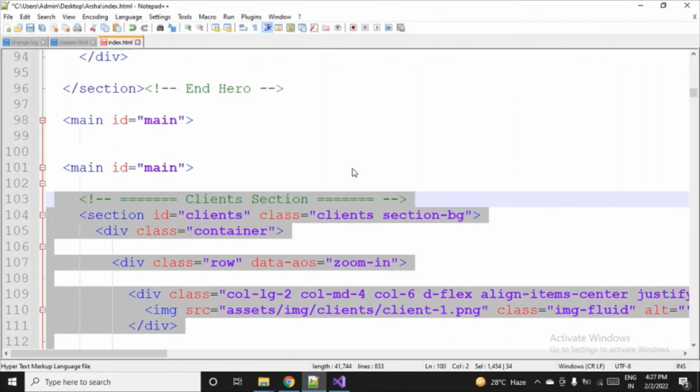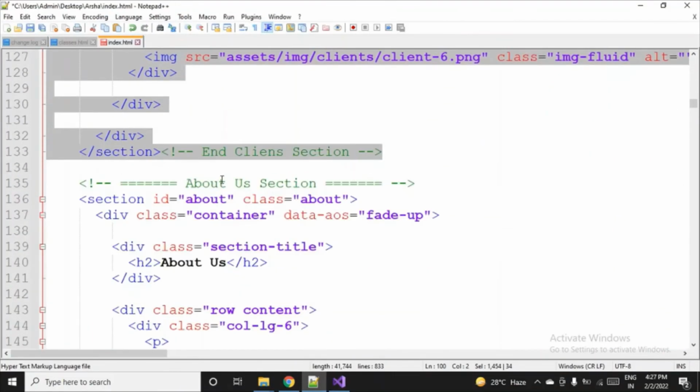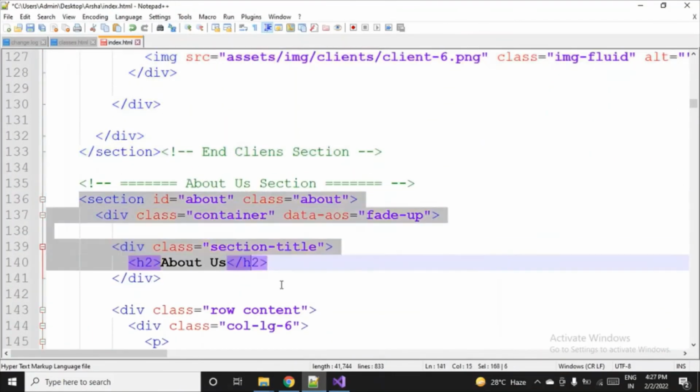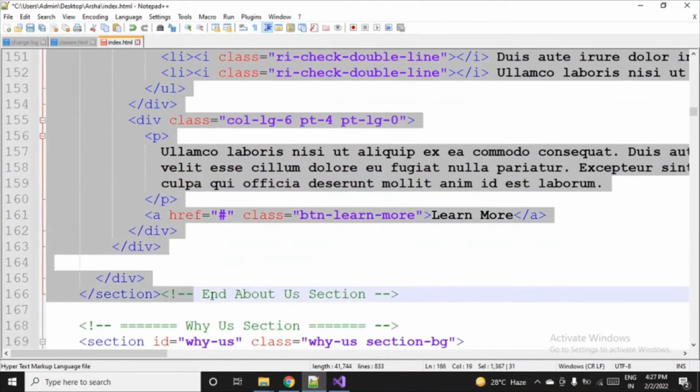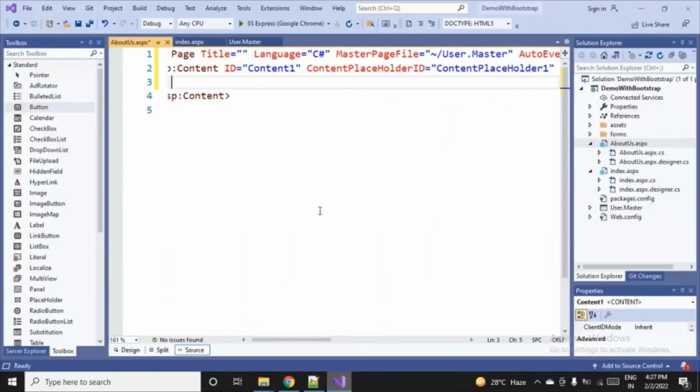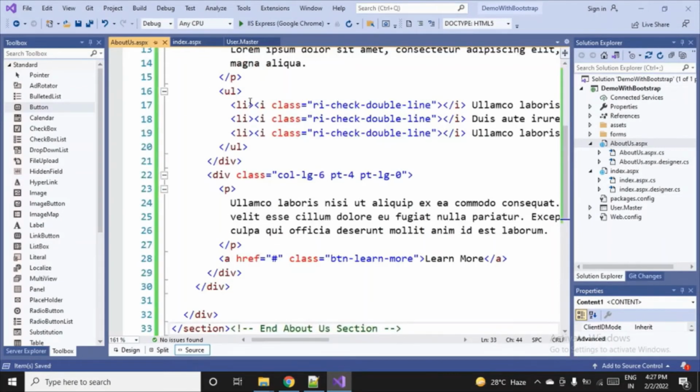I'll search for the about us section now. Okay, so here the about us section ends. So copy this part only, go to Visual Studio, inside the content placeholder of the about us.aspx page, paste it, save it, and run it.